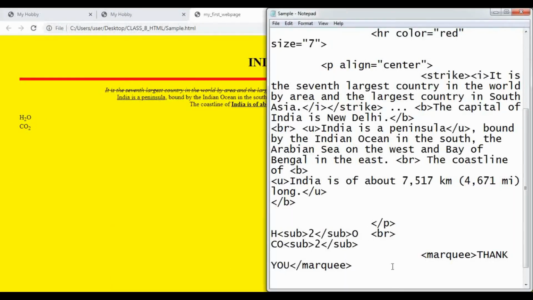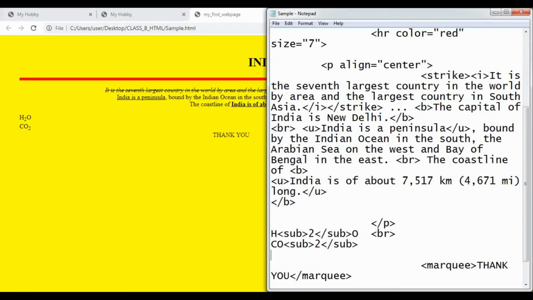The next tag which we'll be using is superscript. Whenever you write mathematical formulas like a plus b whole square is equal to a square plus b square plus 2ab, when we say square, 2 has to appear in the power, and to write that we will use superscript. So now let us write the formula for a plus b whole square.